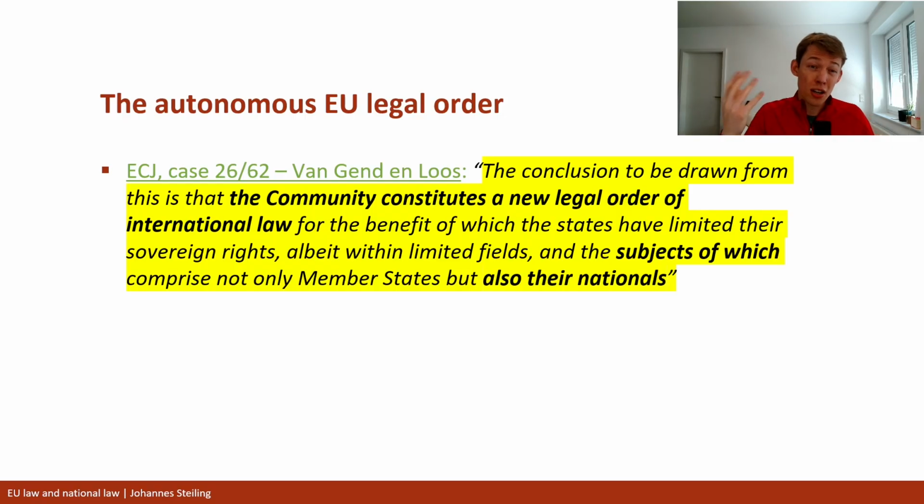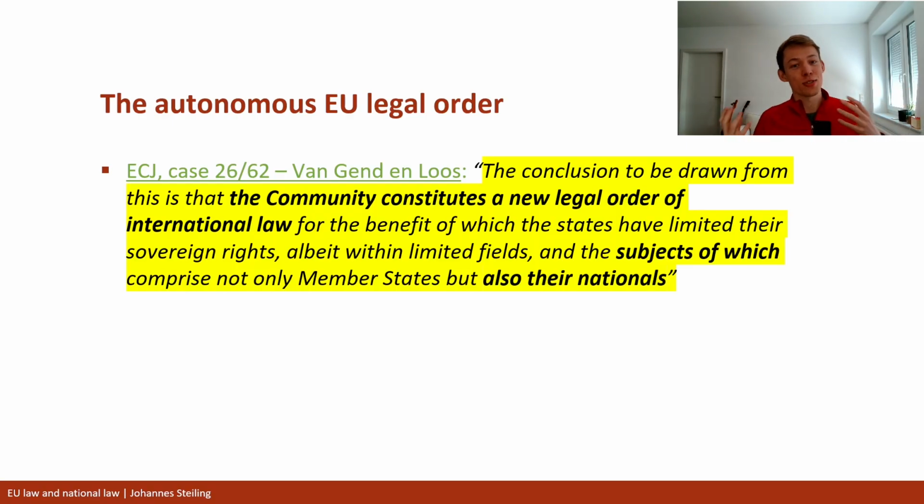Right. And autonomous basically means that what the ECJ has said here is that EU law is its own legal order, and the ECJ has also said in subsequent decisions that any terms that we have in the treaties, any provisions, have to be autonomously interpreted. So if we have a word in the treaties and we also have that word in national legislation, the treaty term might still have a different meaning. It has an autonomous meaning, and obviously, under Article 19 TEU, that meaning is defined by the ECJ.